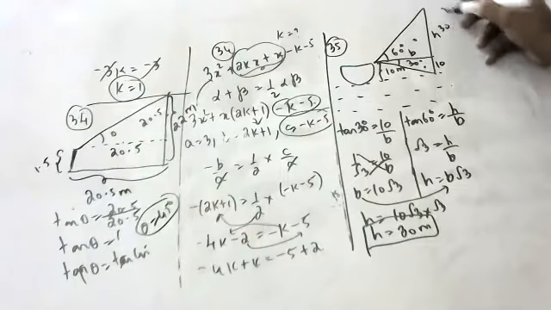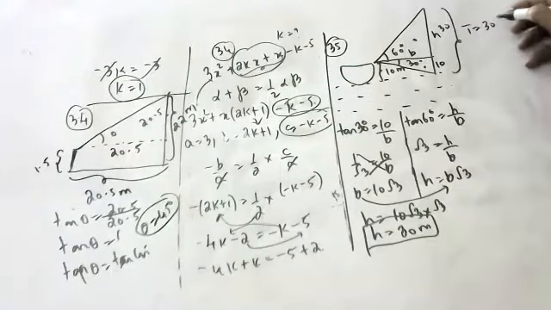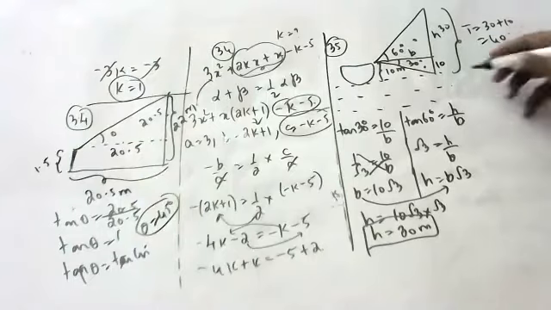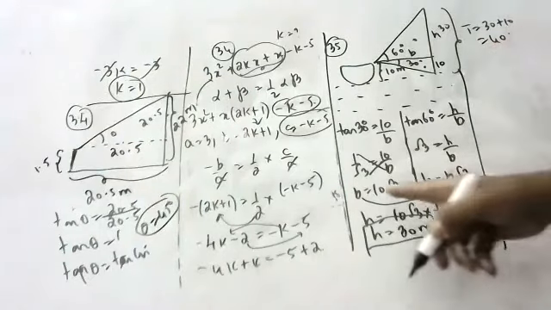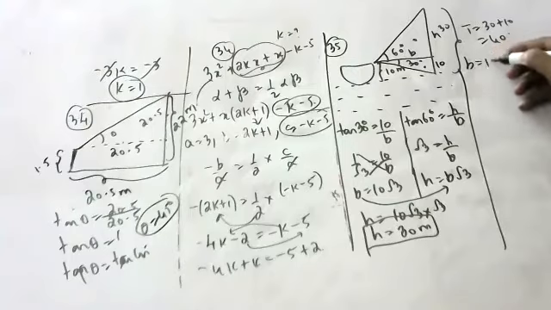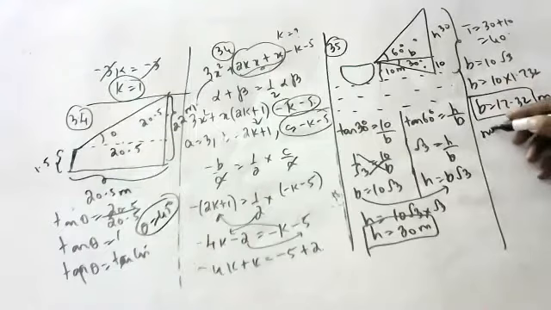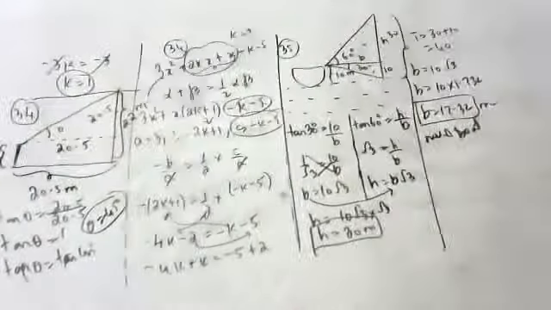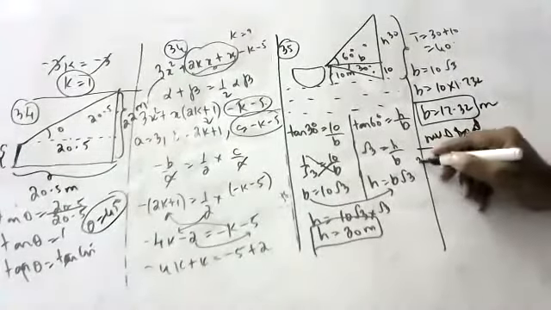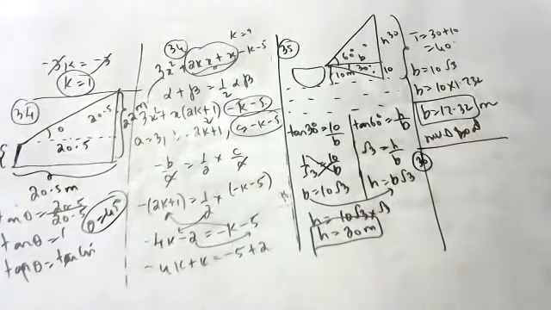So if this is 30, what is the total height of the hill, children? 30 plus 10, 40 meters is the height of the hill. Now, what is B, children? B is 10 root 3. Already we got it. 10 root 3 means 10 into 1.732, that is 17.32 meters, the distance between the hill and the ship, the deck of the ship. Like this, you are going to do, children, in the exam. You have to be very, very careful, because all these are very easy questions. Only thing you need is practice, children.